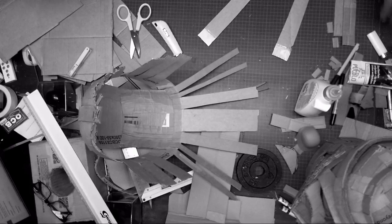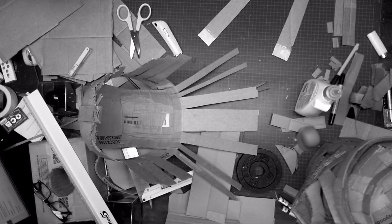So this needs to dry a couple of seconds longer. But just the next steps. On the front, on the right side of the helmet, there's still some stuff missing. And once I got all the pieces in, I will cut myself a little thing with which I can measure the angle of the helmet to the side. And what I mean by that is